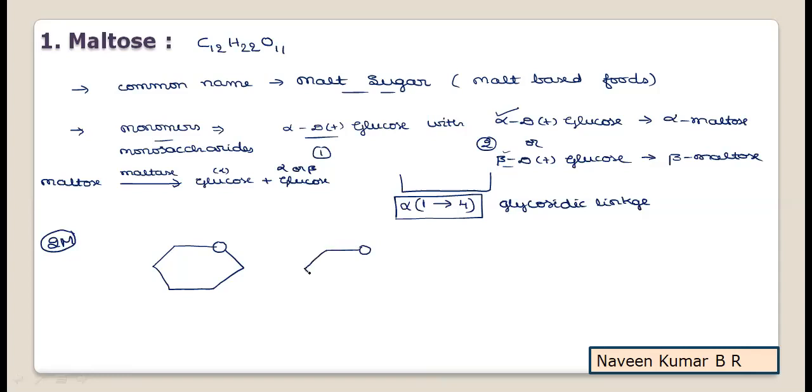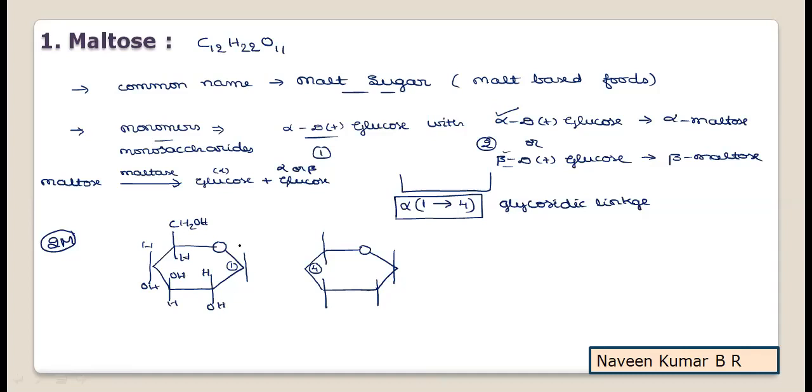What you can write is the 2 glucose structures side by side, and try to practice by writing in pencil and giving the position of the carbon atom numbers that are involved in glycosidic linkage. Only those carbon numbers, if you specify, it is sufficient. If you want, you can write the numbers for all, but if you concentrate on the carbon atoms which are involved in glycosidic linkage, it will be easy for you to write the structure. Now, except on that carbon, you write the remaining structure. It is CH2OH, H OH, then OH H, then H OH.